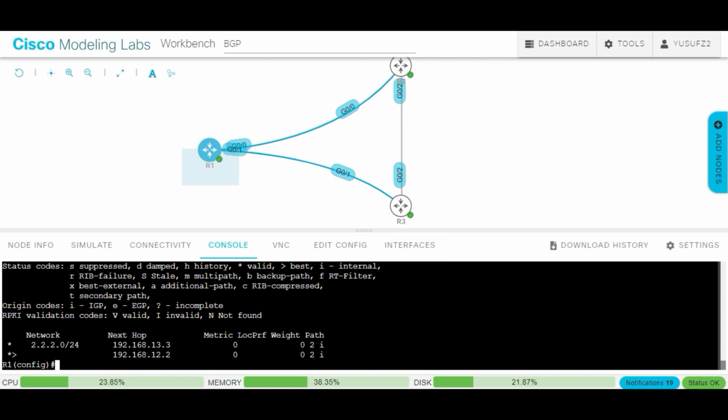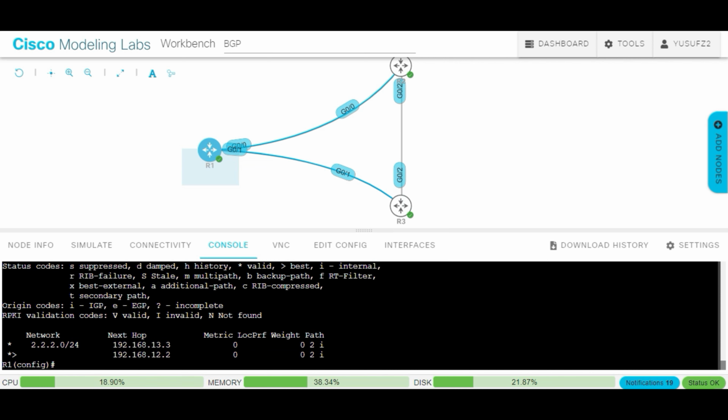So there are so many different ways to choose the preference in terms of path, and because there was a tie in all of the other BGP factors including weight, local preference, where it originates from, whether it's locally or not, the AS path. Because all of those things match, the router ID was the tiebreaker, and because R2 has the lower router ID, it was chosen as the primary route, or the best route that is chosen for the 2.2.2.0 network. Okay,